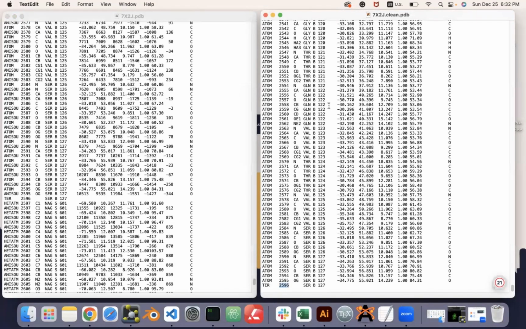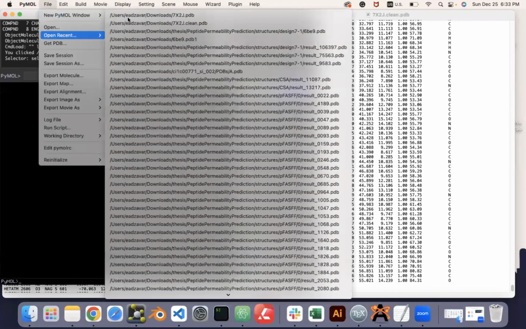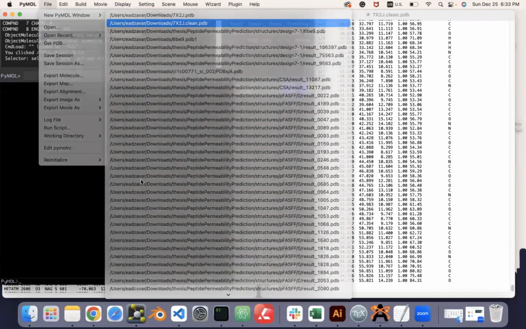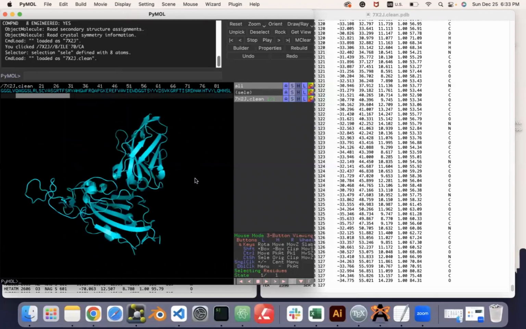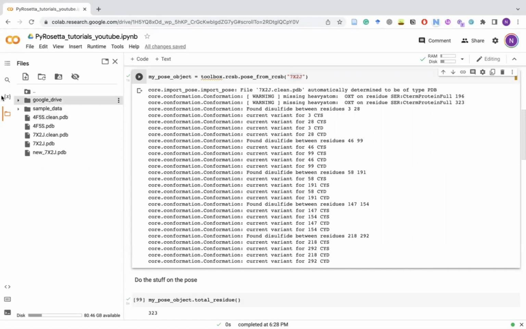And if I open this with PyMol, it can show the molecule properly, and everything in PyMol that you can do on an original PDB file can be done on a clean PDB file as well. So let's look at it very quickly. This is the clean PDB file, and this is just the same molecule. Okay, now going back to